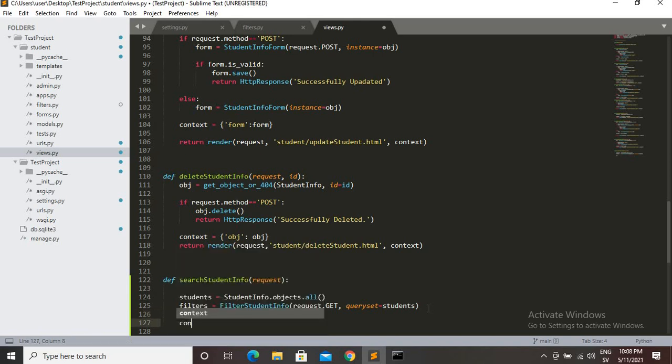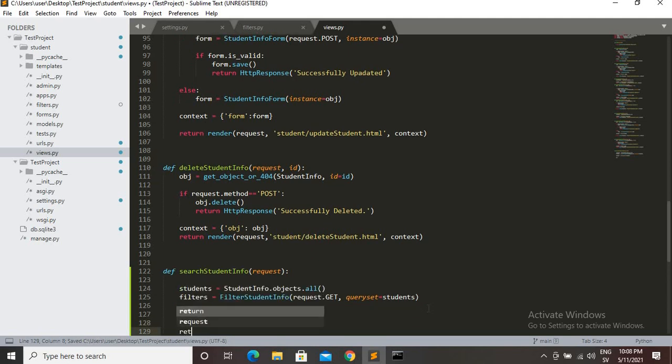Define a dictionary context, give a key name filters, then the value filters. Return render, request,